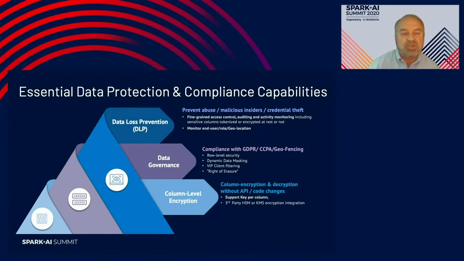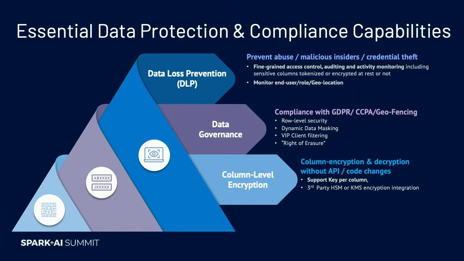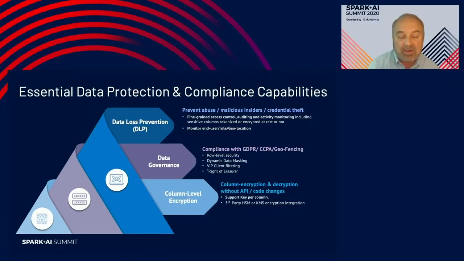So when you do this, then there's a few different specific things that you need to make sure that you do. First, that data loss prevention category, being able to prevent abuse, being able to detect when a trusted insider is doing something malicious or unauthorized or abusing the privilege that you've granted them, or worse, when their credentials somehow have been compromised and you've got an external hacker or other rogue employee that's gotten a hold of someone else's credentials